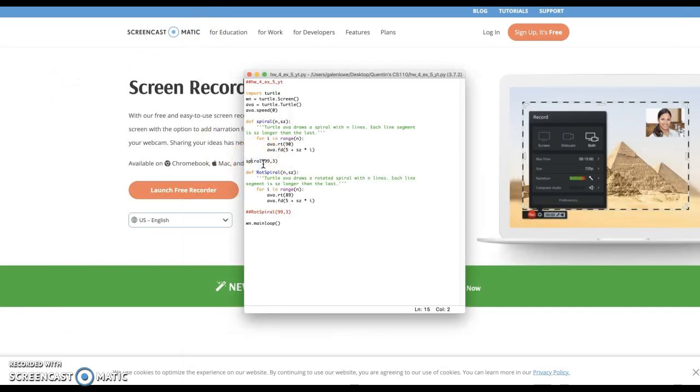So for the rotated spiral, the code is similar, but the turn angle is less than 90 degrees so that the spiral will rotate, but the line length increases by the same amount, and everything else is the same in the code. So when we run this one,